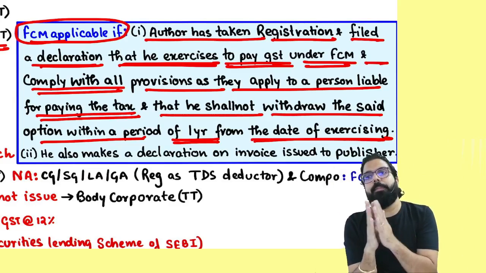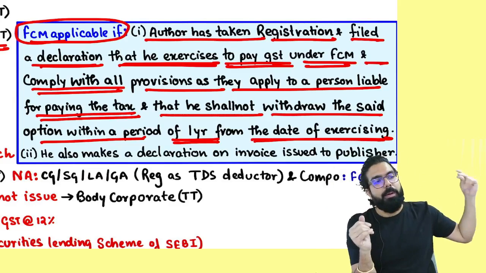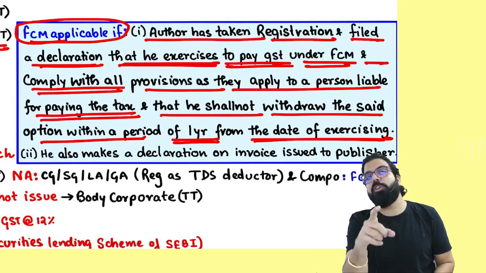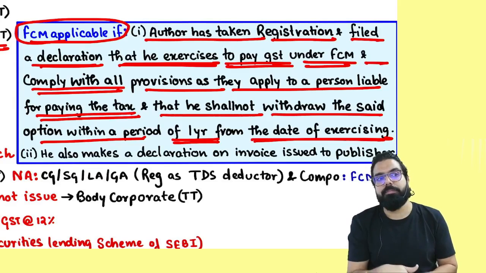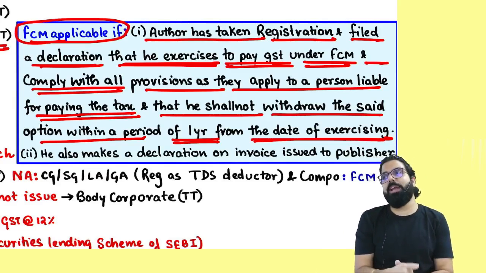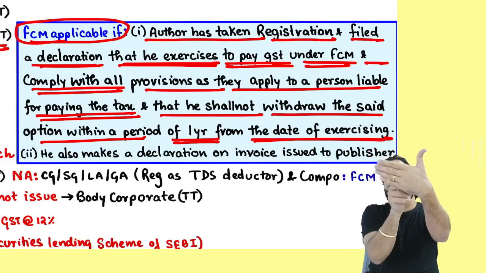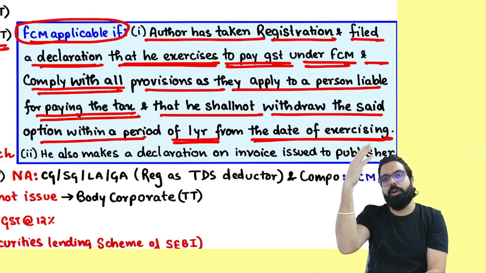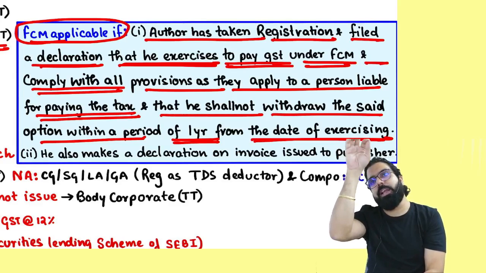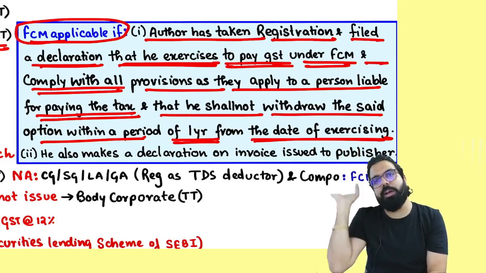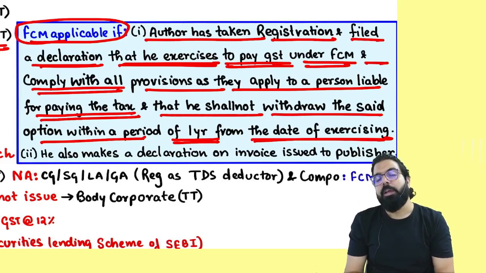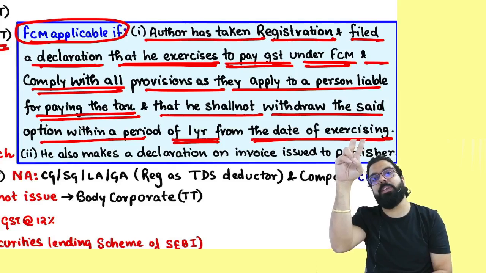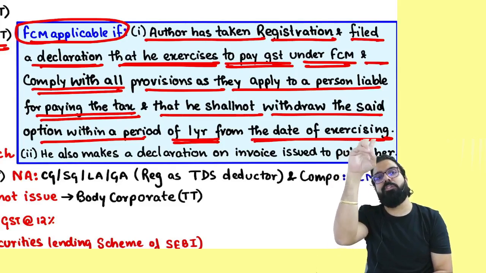Always remember, generally when authors give services, publishers will pay GST under RCM. But can authors charge GST under FCM, everyone? Yes, if the author goes online and exercises the option that, sir, I want to charge GST under forward charge. Authors can log in online, and after logging in, they can file a form saying, sir, I want to charge GST under forward charge mechanism. First you have to take GST registration. Secondly, you have to opt for the option that I will charge GST under forward charge mechanism.